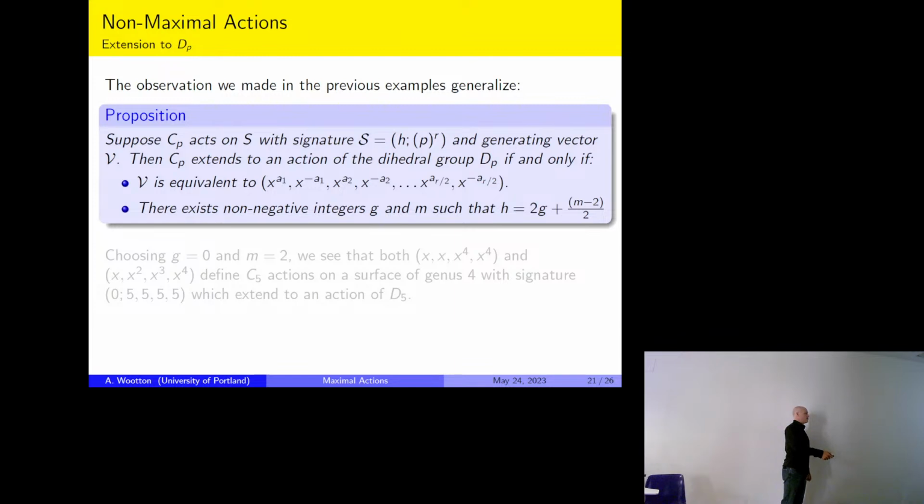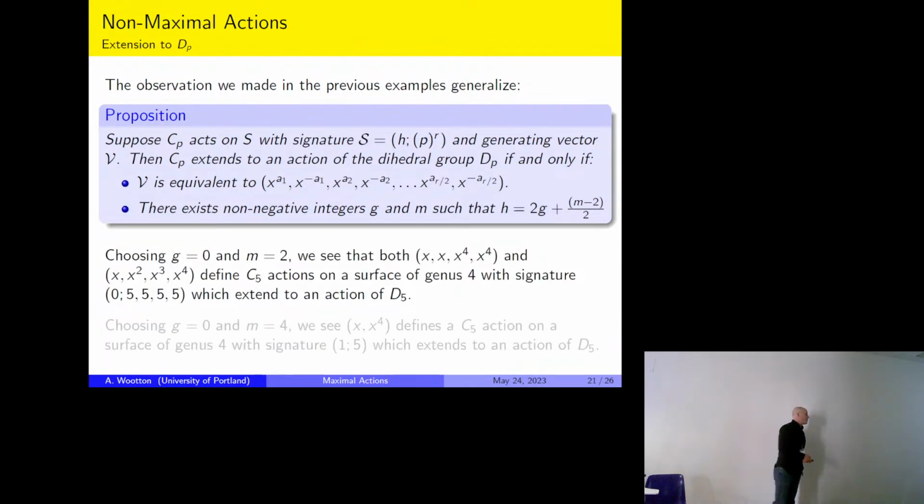Well, where are these coming from? These are just coming from the fact that we have to have some additional quotient surface and some additional branch points, and it's just giving that information there from the Riemann-Hurwitz formula between the map between those two surfaces. So going back to my original example,